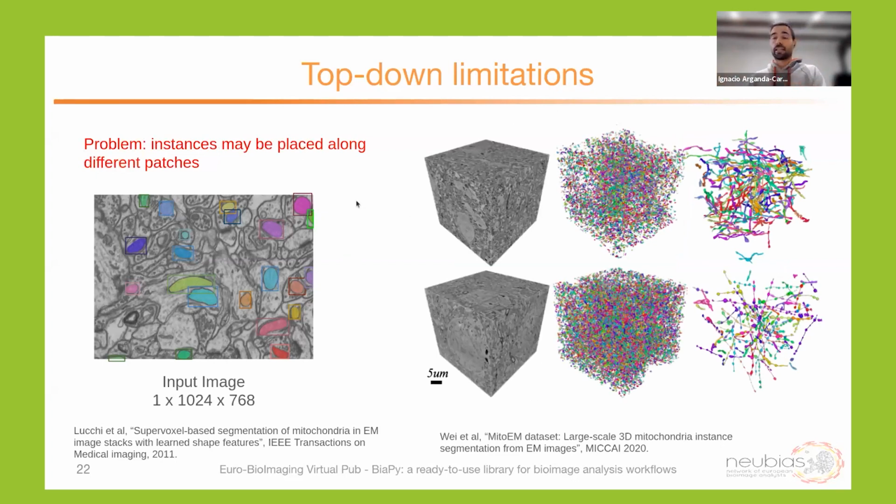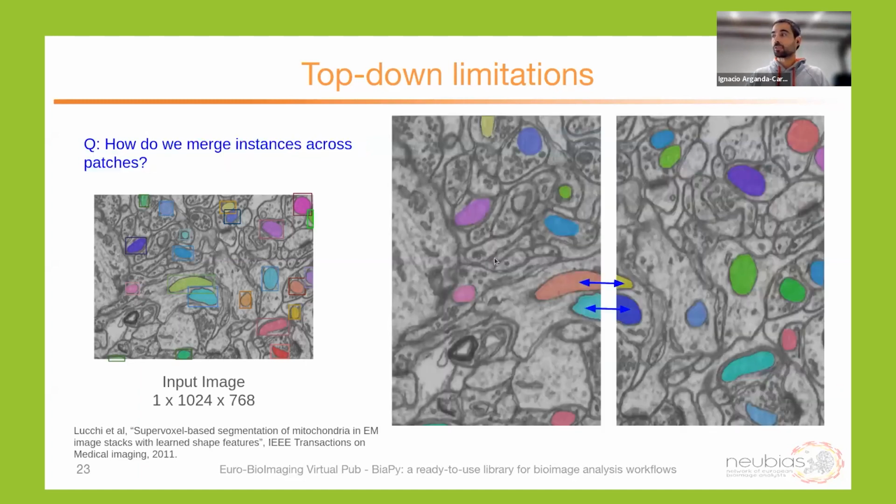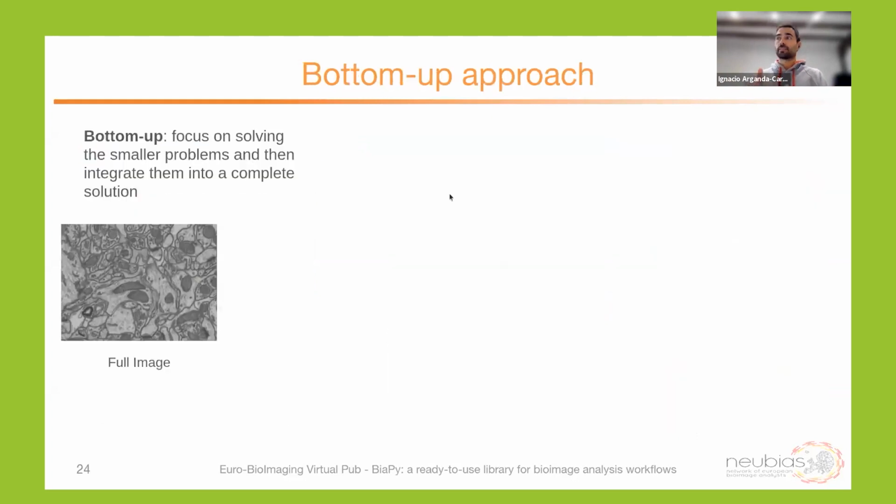The problem is that, and this happens as well in this dataset, many instances, many mitochondria in this case, go through many different patches. This is actual data from this dataset, where these are all the small mitochondria that we have there, but we also have very large ones going for thousands of boxes. So of course, you can get perfect segmentations in all your patches, but then you have to select somehow how you're going to connect the instances that are in between patches through many, many different sections, which could eventually propagate a lot of errors. So because of this kind of thing, in bioimage analysis, we usually opt for the alternative option,